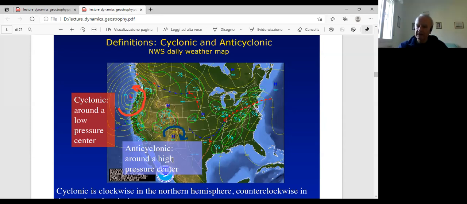So when we reconstruct the pressure field from the pressure measurements at the land, at the level of the sea level, we obtain series of high and low pressure,